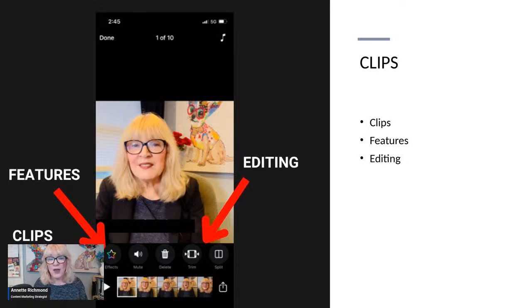You can also edit. You can take the clips and you can trim them or you can split them. Where it gets its name from, I believe, is when you open the app and you look on the bottom, you can see all of these clips. Obviously, this is me, and I have recorded these one line at a time and then gone back in and edited them later.